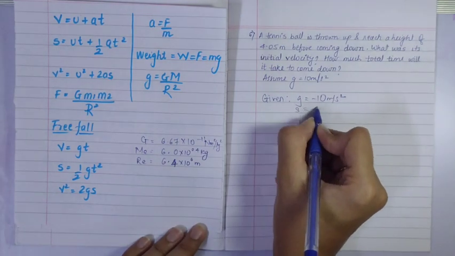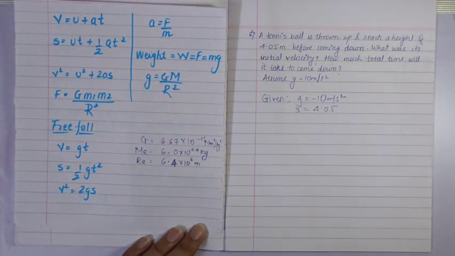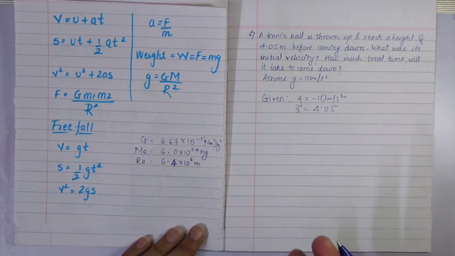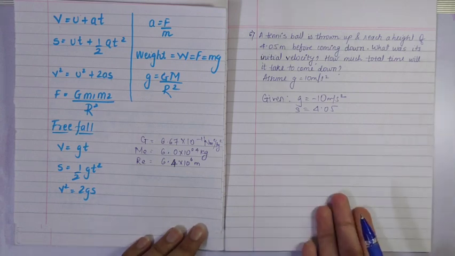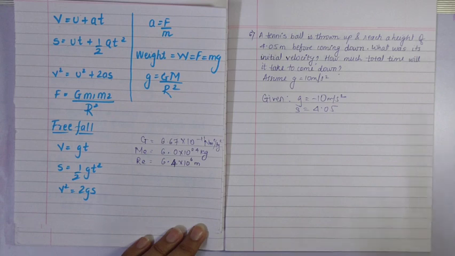Okay, so after that, what have they given you? Height they've given, that is 4.05 meters. What was the initial velocity? Now, when you throw your ball from starting, you apply some force to it. You give that ball a velocity. That is your initial velocity. Always when you throw a ball from down to up, your initial velocity is not 0. Your final velocity is 0.